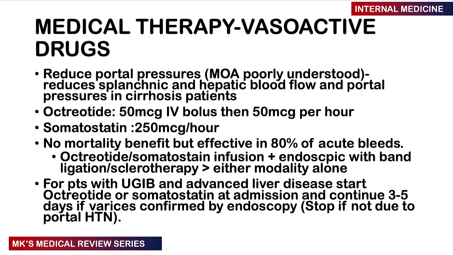It has been shown that combined modalities are much more superior to individual modalities alone. So for patients who come in with upper GI bleeding and have advanced liver disease, we often start them on octreotide or somatostatin, and you should continue this for 3 to 5 days if the varices are confirmed by endoscopy. If you've done the endoscopy and it's not varices, then there's no need to continue this medication and you can